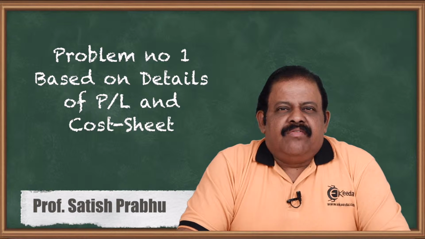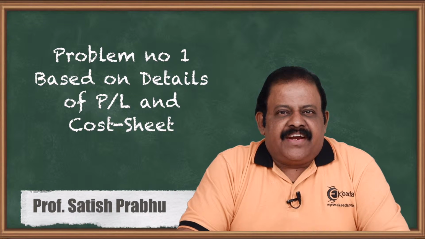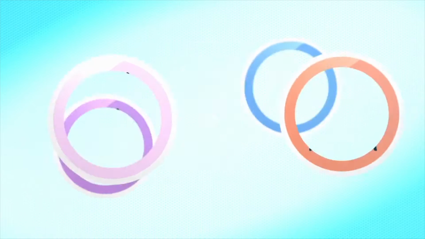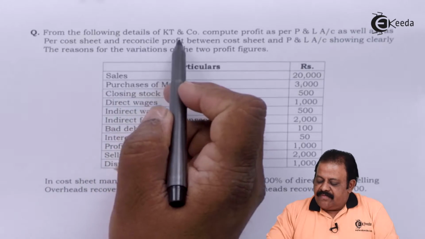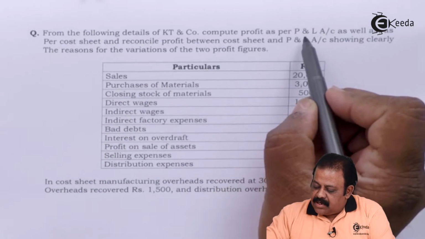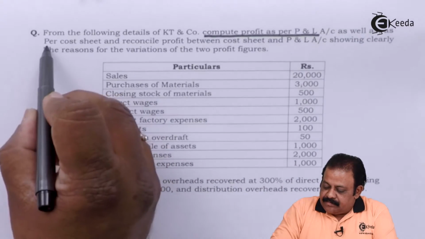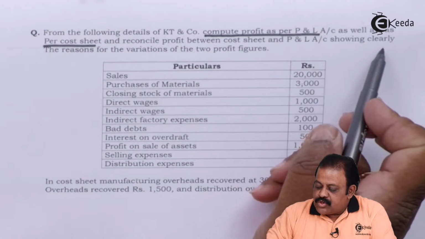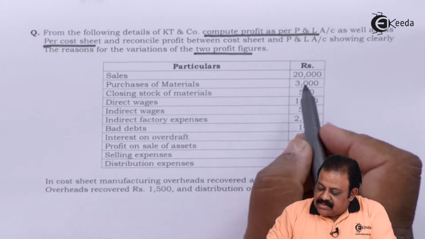Hello friends, today we will be discussing one question where we are required to find out profit as per financial book and cost book and to reconcile them. Let us read the question. From the following details of KT and company, compute profit as per profit and loss account as well as per cost sheet and reconcile profit between cost sheet and profit and loss account, showing clearly the reasons for variation in two profit figures. Sales 20,000,